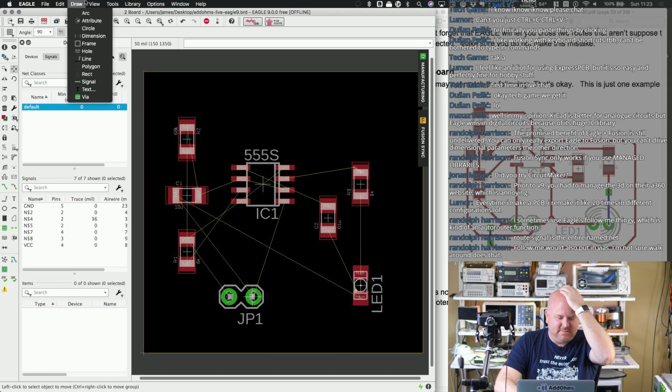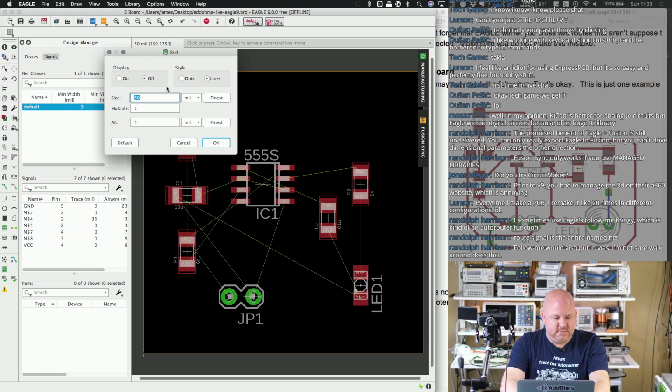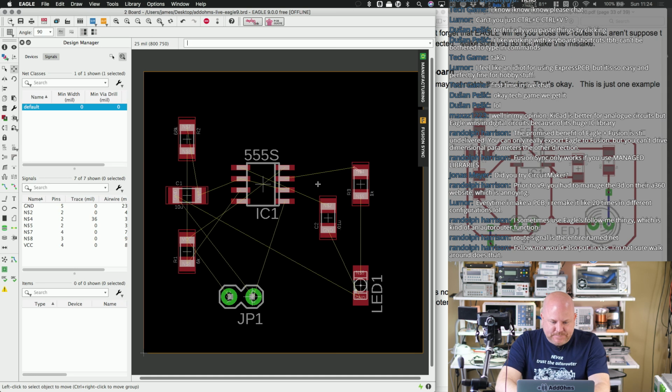So is there another place I can change the grid? I guess here. So 25 is the natural movement, and then if I hold down the Alt key, it'll go by 5 mils. So I always like to do that. And then once I get to silkscreens, if I use them, then I change this to 1, so I get really fine pitch. All right, so let's go ahead and just get